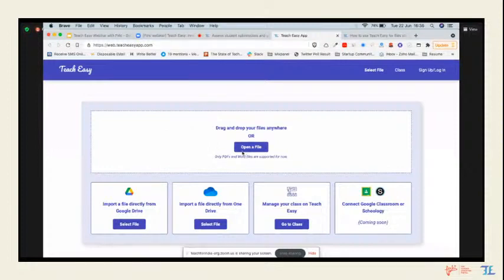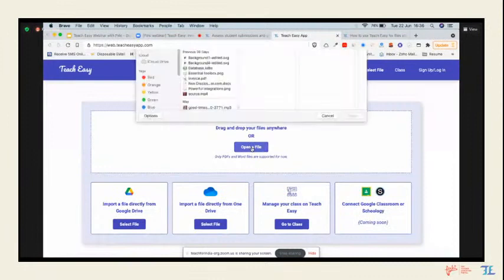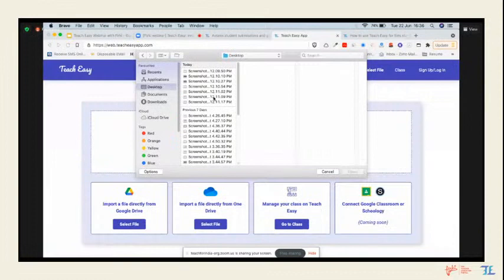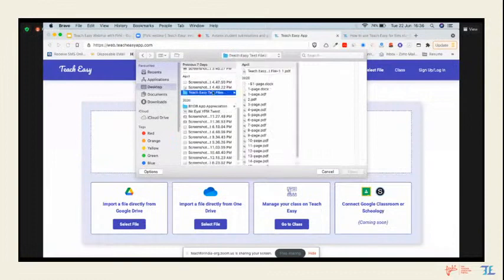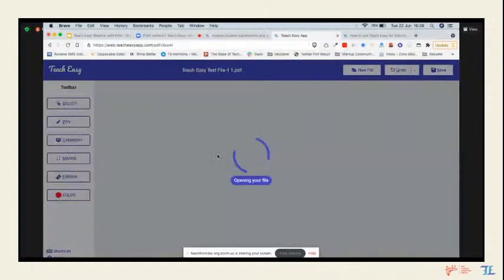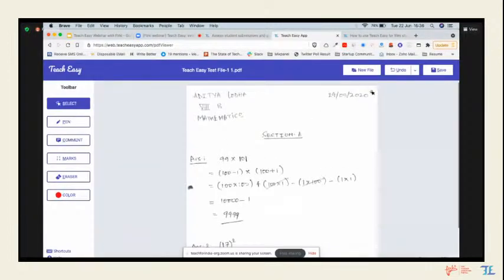For this demo purpose, I'll select a file directly from my laptop. I have this test file, and I'll just open it. In a split second, the file will open up for you.